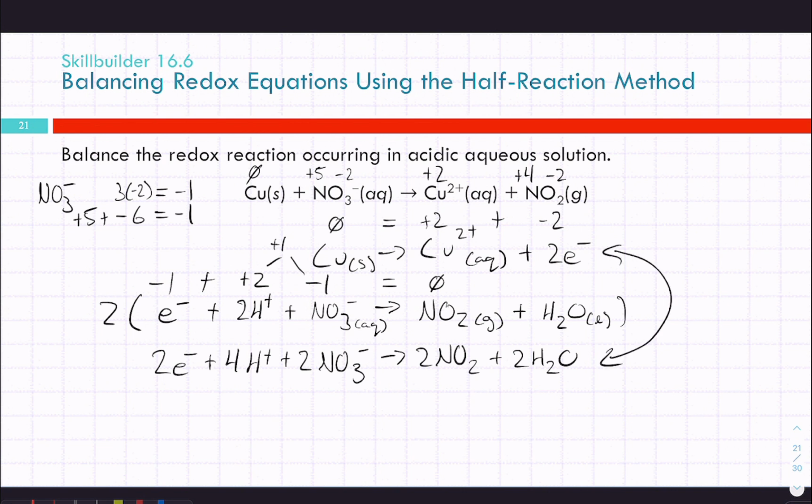So we take these 2 reactions, because I'm going to run out of space otherwise, and add those together. And again, since we have the same number of electrons on both sides, those cancel out. So the final reaction should be 2 NO3 minus, it's not equals,